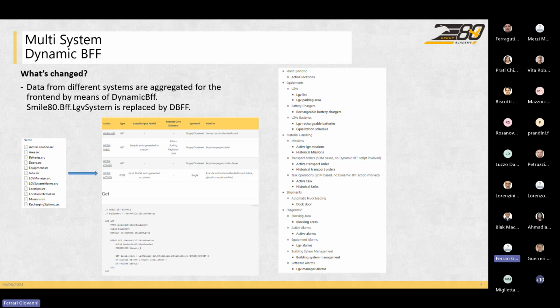This is a get that has some permission. The alias, if I'm not wrong, is just used inside the scripts to be able to reuse this get. And then basically what we do here is to retrieve some data from LGV Manager. Here, as you can see, we defined the default data source, but then we are using this object, LGV Manager, that is an object that the system provides, that SMILE80 dynamic BFF provides, is injected,